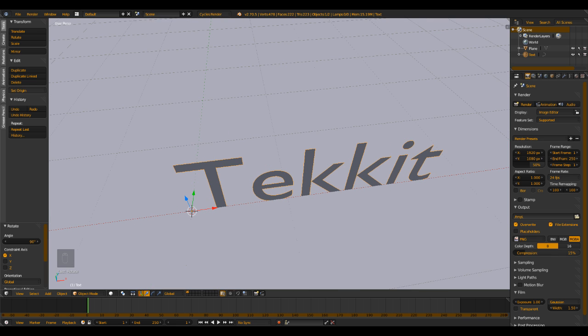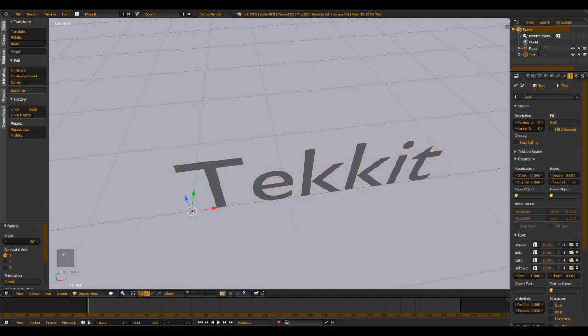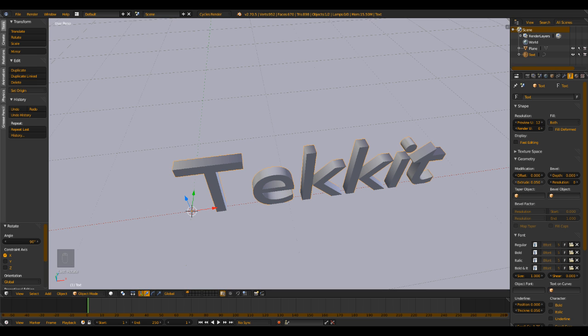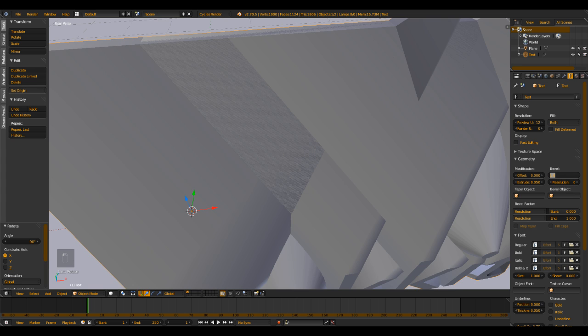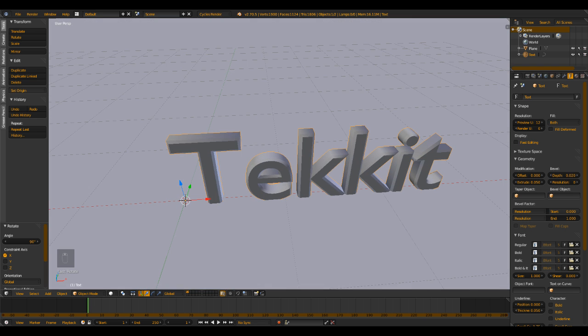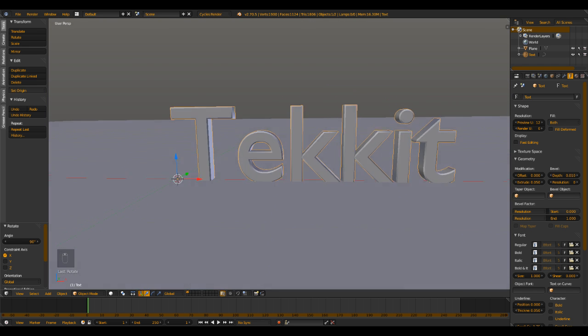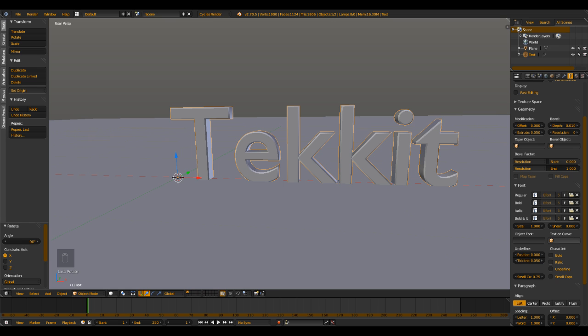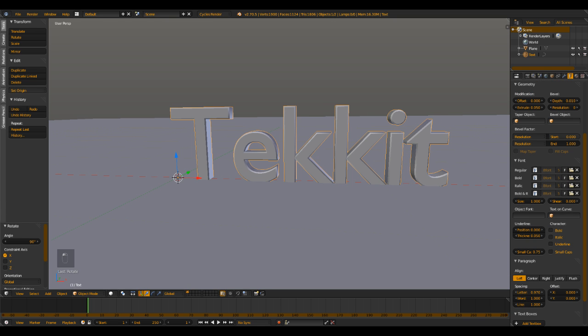So I added in a text object and rotated it 90 degrees, and to give it a little bit of thickness and a little bit of bevel. Let's see, 0.02, maybe 0.01. Yeah, looks right. Adjust the letter position,